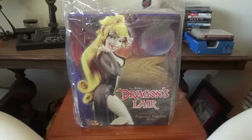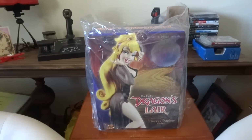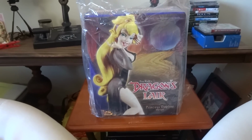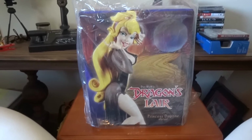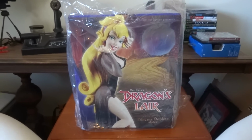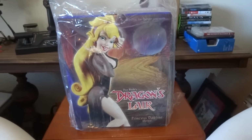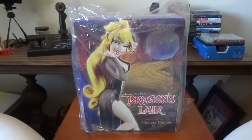And last but not least is this piece here. I did not take it out of the box, and just in case you're wondering what that is in the background, that's the Steel Battalion controller. But this is the Dragon's Lair animated ladies series done by Electric Tiki. Here we have Daphne. This statue had a run of 325. However, there was an artist proof of 50, and that artist proof was signed by the creators, Don Bluth, Gary Goldman, and John Pomeroy, and it also was signed by Tracy M. Lee,